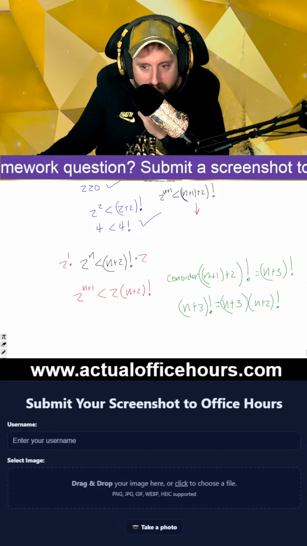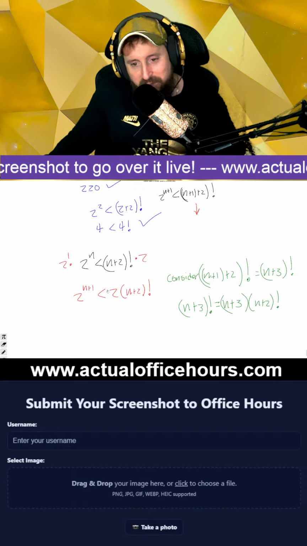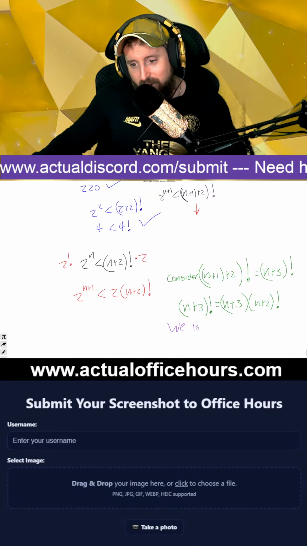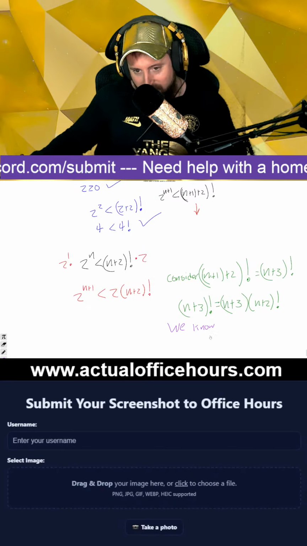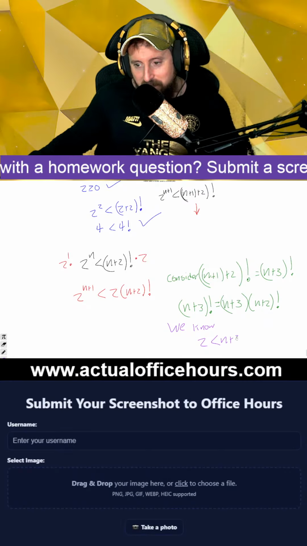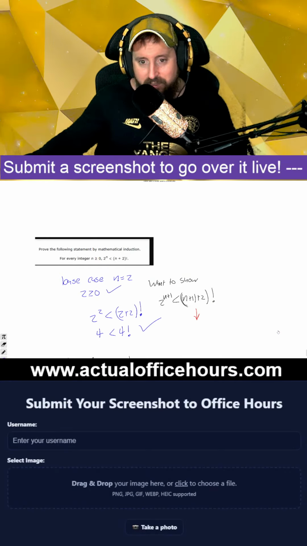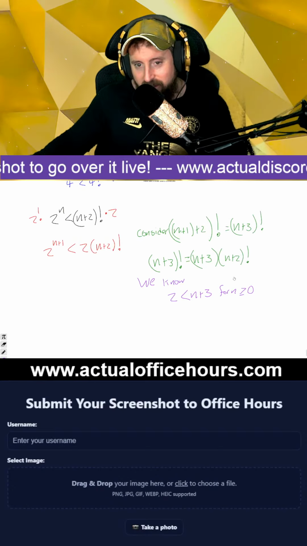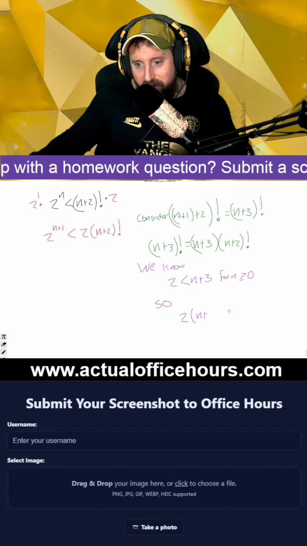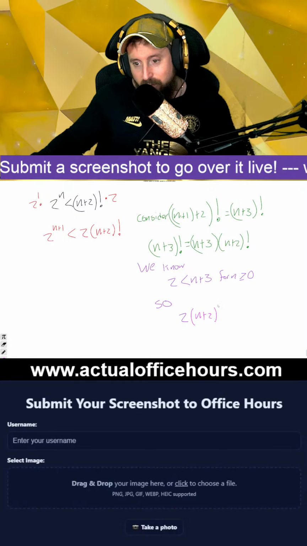Oh, okay. This is really dope, actually. I think I see it now. It has to do with this. Watch this. So we know 2 is always less than n plus 3 for n greater than or equal to 0, right? And I think the condition was n had to be greater than or equal to 0, right? Yeah. Times n plus 2 factorial is less than, or here, let me write that out correctly how I want to say this. So 2 times n plus 2